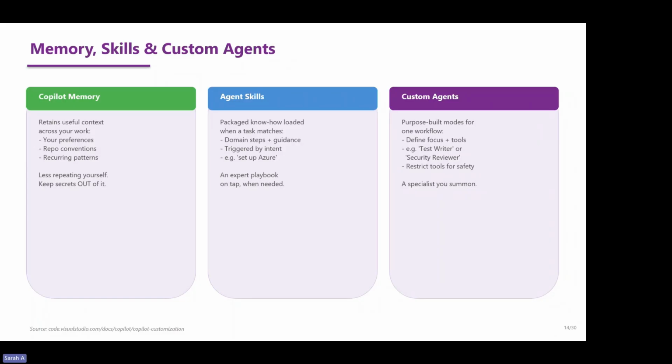So next time you do your work, Copilot remembers that, and you stop having to repeat yourself all over again. So it's just the background learning, right? But a very important thing to note is never put your secrets in Copilot, like a password or an API key, because it ends up in the memory and you don't want your secret sitting in there,